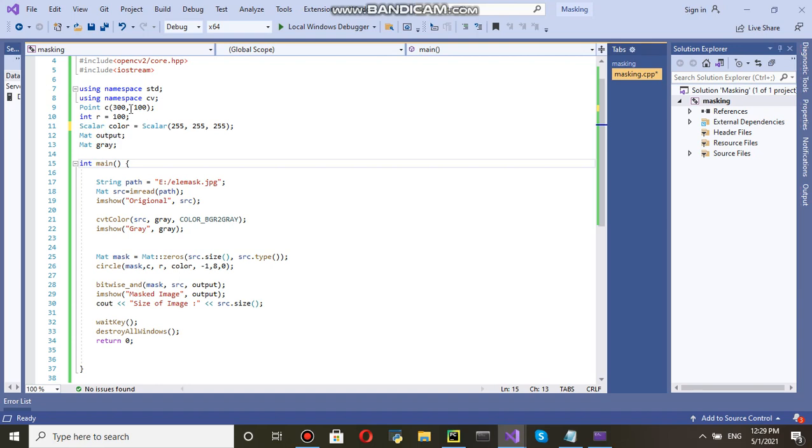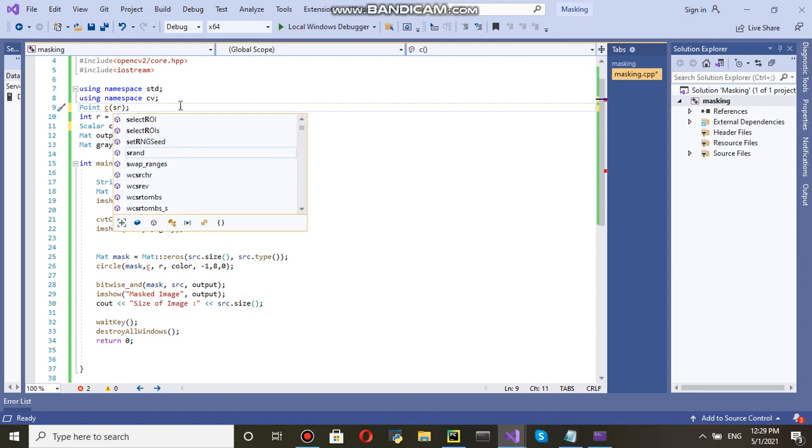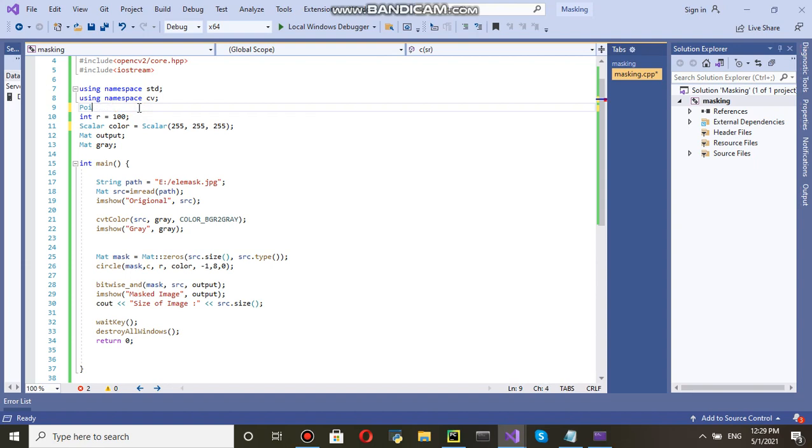Center is 300 and 100. Center, I am just going to check. For center, first is height and second is width. So for height you can say SRC, it should be local because we are going to use SRC.